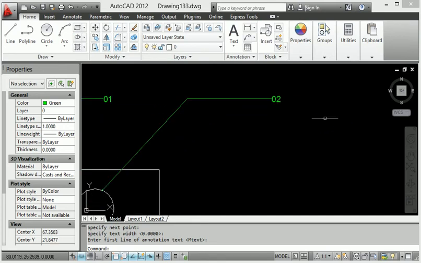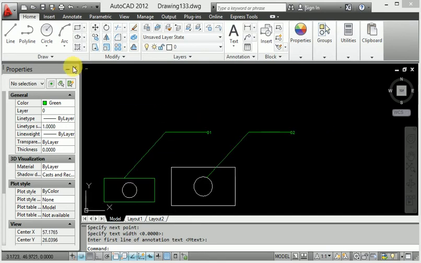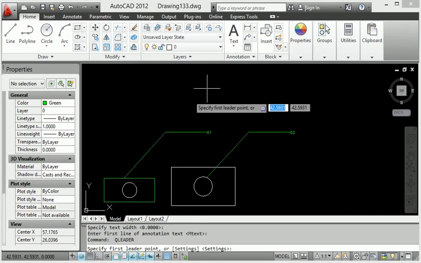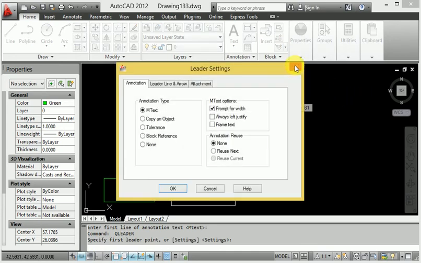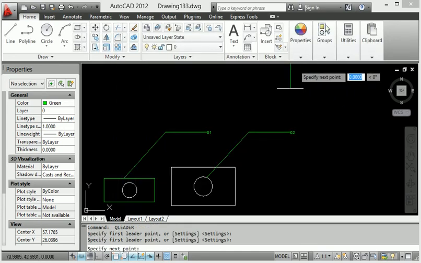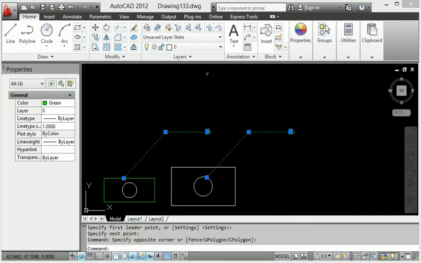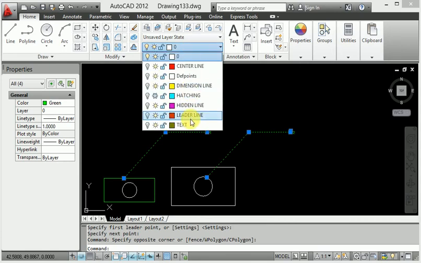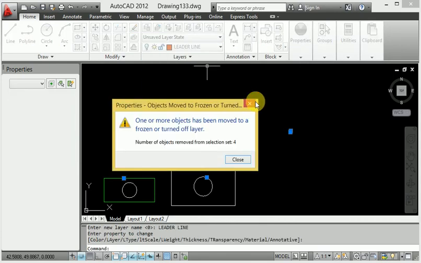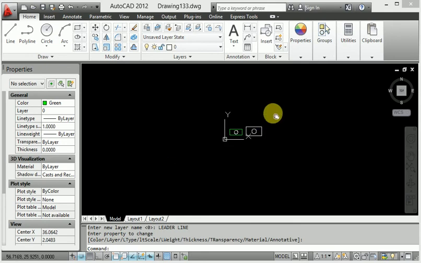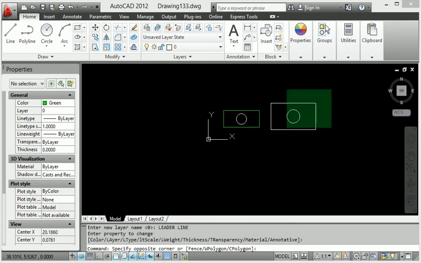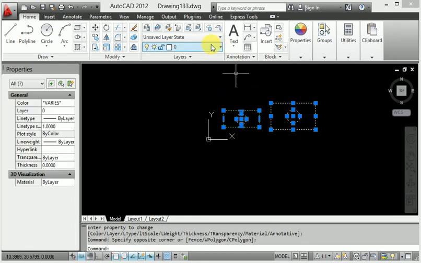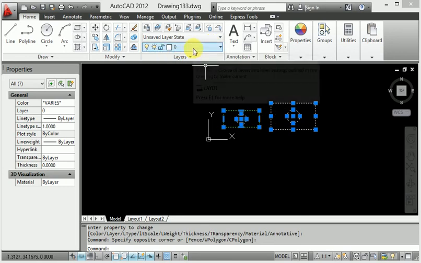So can you see this here, the leader line, and I want to select both of these diagrams and go to leader line. Here the leader line, so enter. Then all the diagram is object, so go to object here, right?